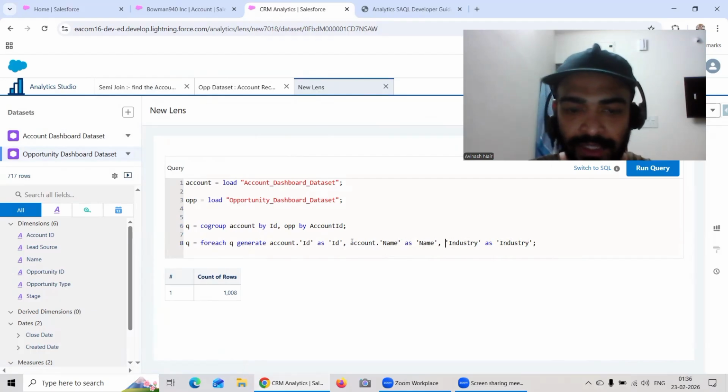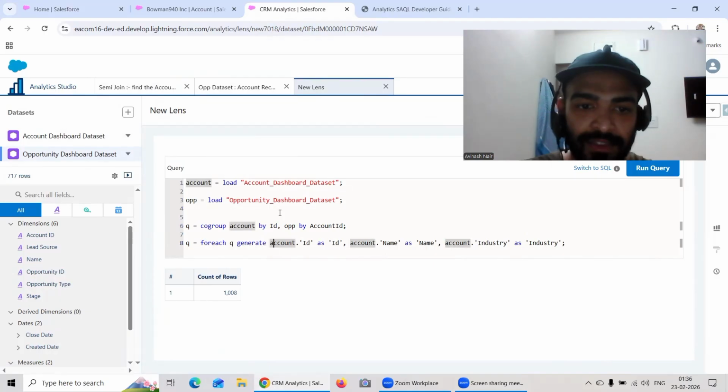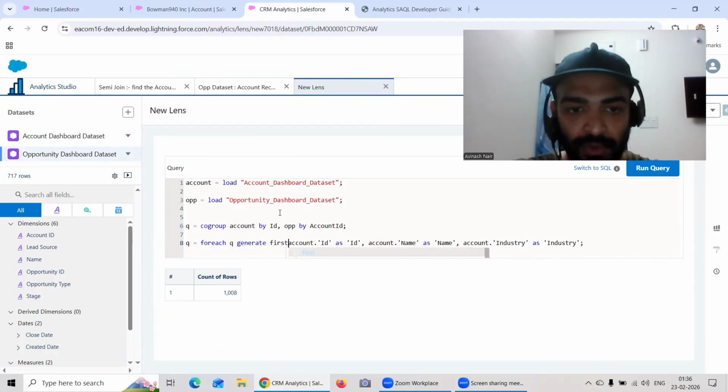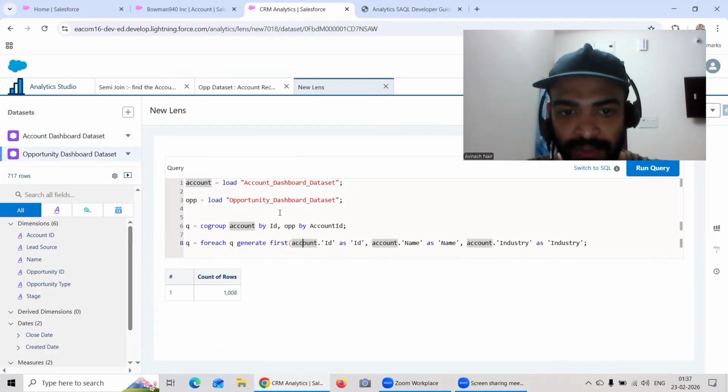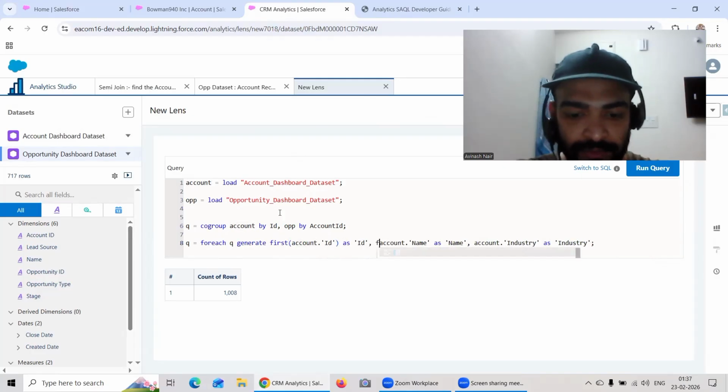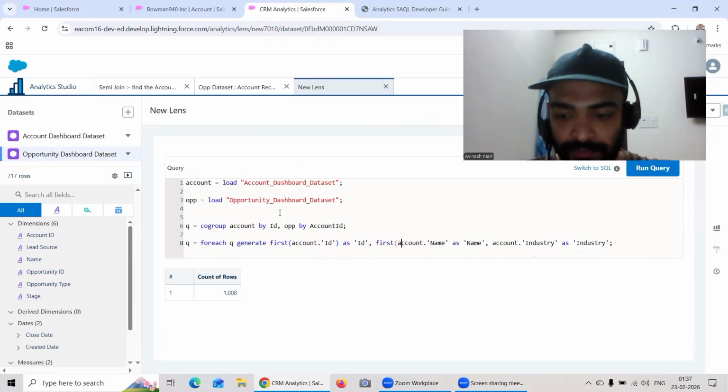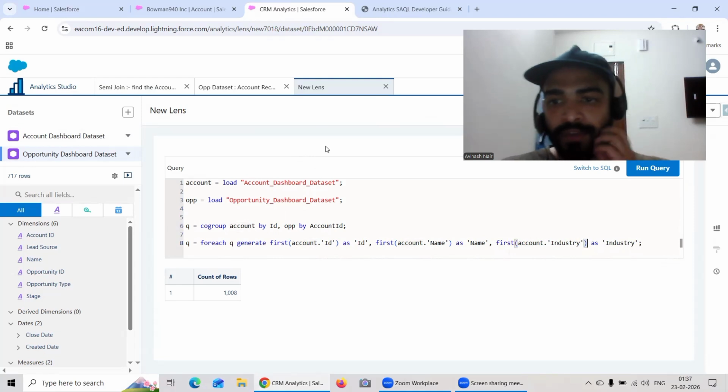And here also it's like account.Industry. And I have to mention the term first because I've used the cogroup. So here I will just mention this term first. Same over here. In this case also. Okay, if I run the query,